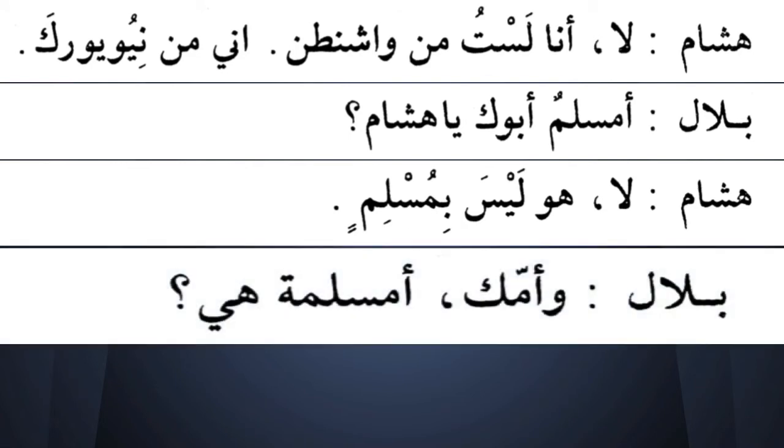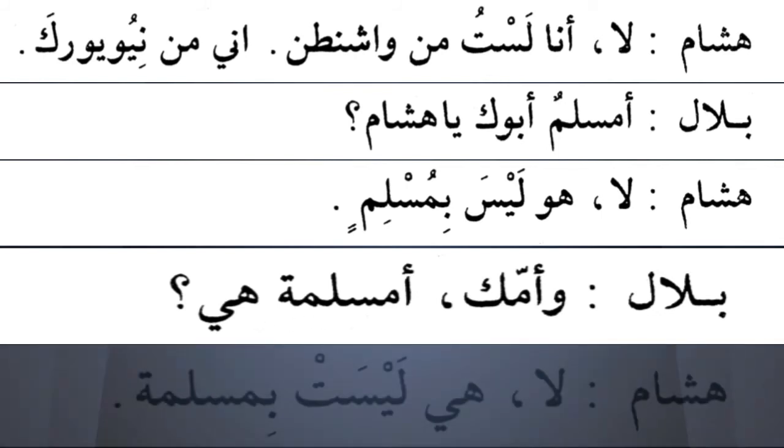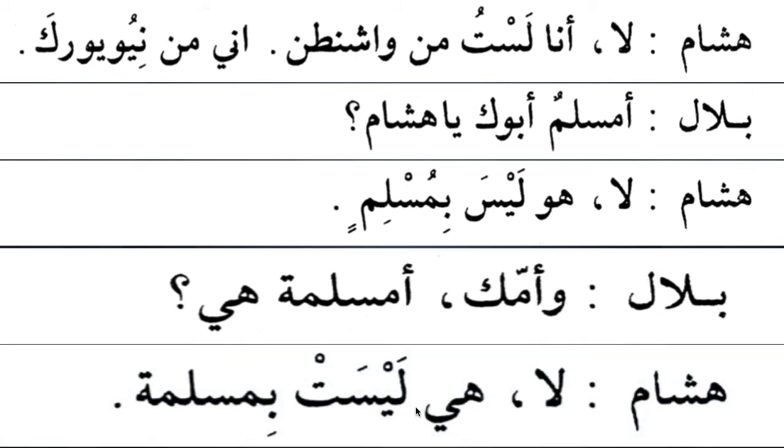So Bilal says, wa ummuka a muslimatun here. See, ummu plus ka is mudaf ilayhi, and a muslimatun here. Is she a Muslim? Hisham says, la, hiya laysat. See, because it's feminine now. So that's why you got ta tanith, but still we don't have an ism laysa. We can't say anything with the sign of dhamma. So it is mustatir, taqdiruhu here. And the khabar is bi muslimatin, jar majroor. She is not a Muslim.